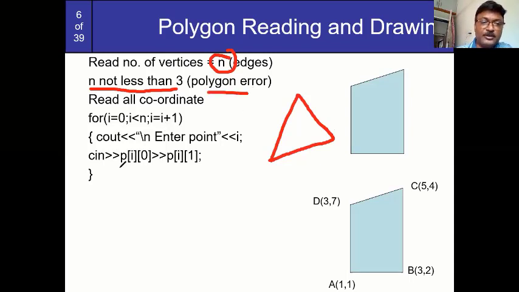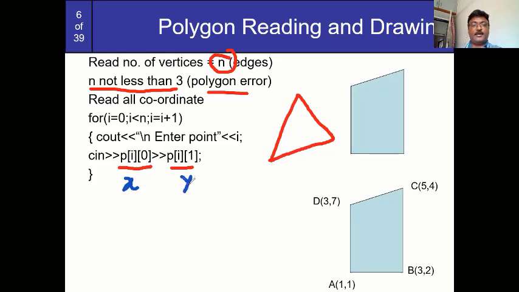Here I have used P[i][0] and P[i][1]. Why am I using P[i][0] and P[i][1]? Because this 0 indicates my x coordinate, and this 1 indicates my y coordinate. That's why I have differentiated them, I0, I1. And this loop varies from i equal to 0: 0,0; 0,1; 1,0; 1,1; 2,0; 2,1; 3,0; 3,1; 4,0; 4,1.